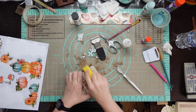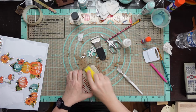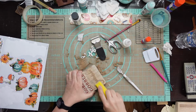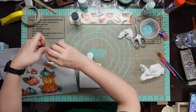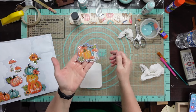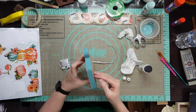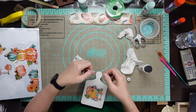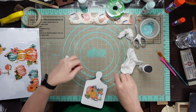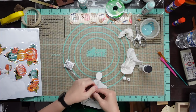Look at this. I got off as much as I could with my chisel. I mean, my Silhouette scraper. This thing was ripping through this. Oh, I love it. So I painted the back side, and then I'm using the back. What'd I say? I painted the front side. No, I didn't. I sanded it off so good, I painted that. I gave it 2 coats of white chalk paint, and then I put that sticker on using my stick glue,